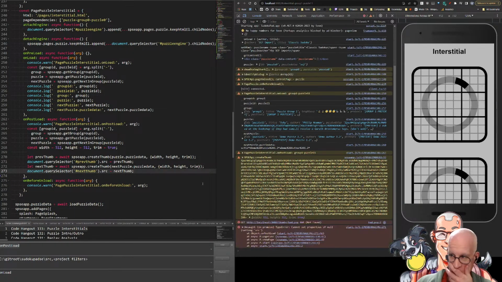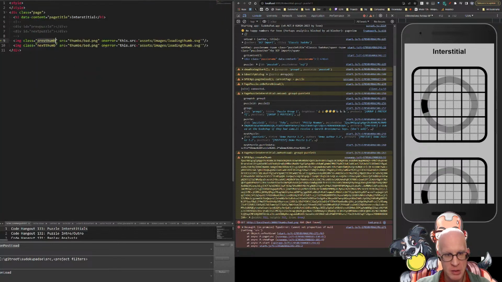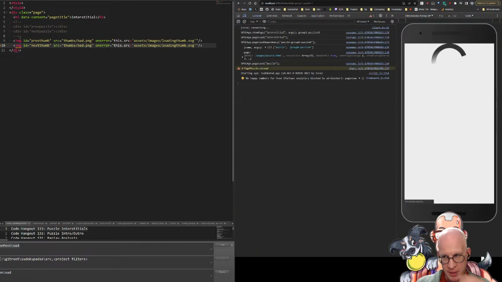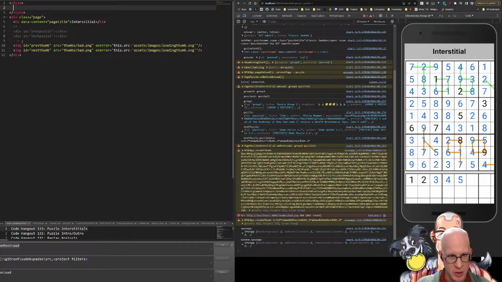And now, can I set property of null? Prev thumb, next thumb. Prev thumb, prev class. Oh, whale. Like that. Boom, okay. And then up here we can do class equals